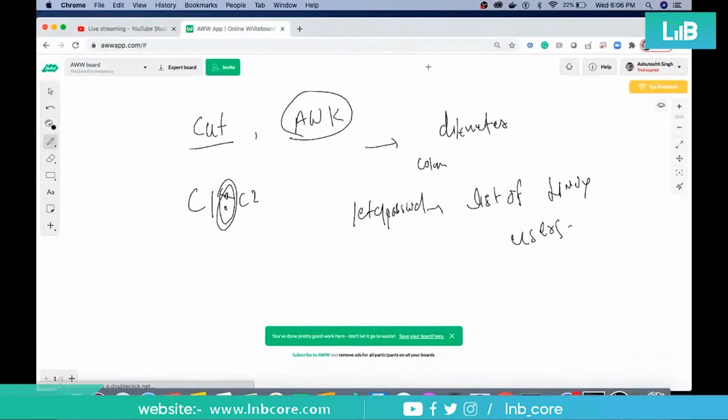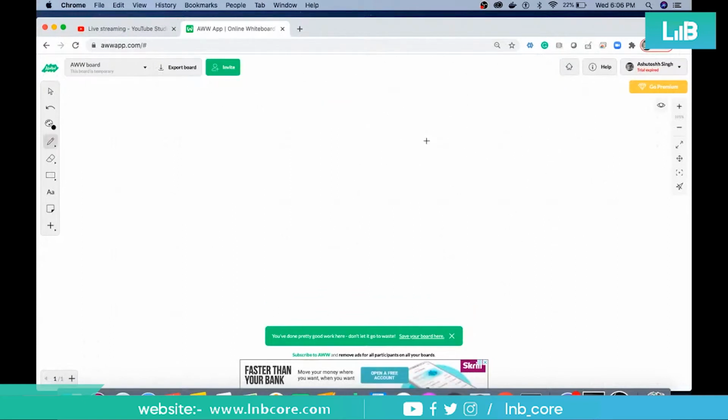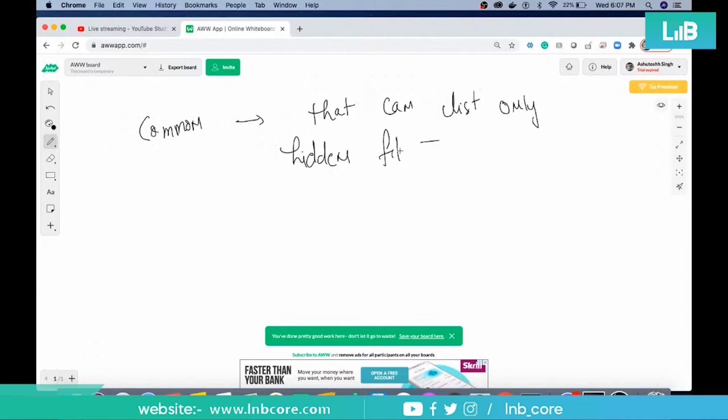जैसे कि आपके लिए एक और असाइनमेंट क्या है, इसी आइडिया को ध्यान में रख के, we don't have in general any command, so create a command that can list only hidden files और डायरेक्टरीज।